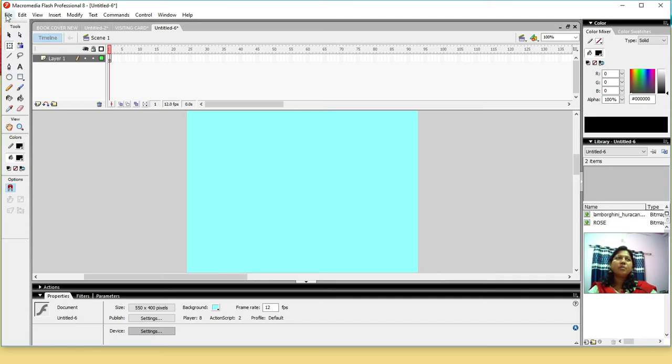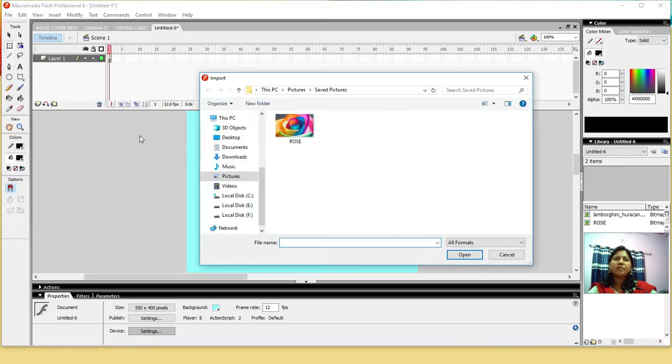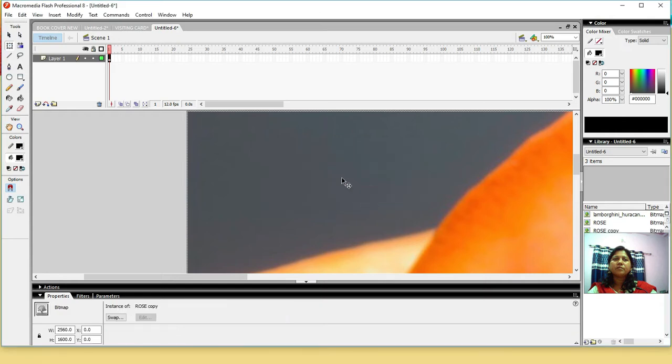So for import, click on File, click on Import to Stage, and here the picture folder is there. Click it, select the file, click on Open. Now the picture file is placed on your stage.